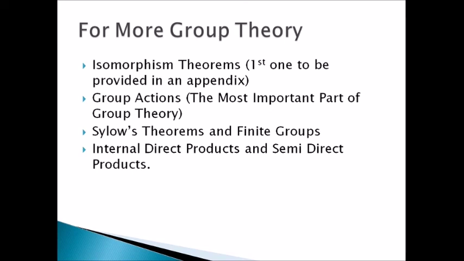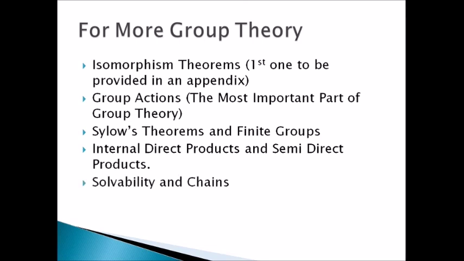Next come internal direct products and semi-direct products. We have done external direct products. There is something called internal direct products, that is, direct products of subgroups of a group. Go through it when it's defined, you can check it out. And a more important concept which comes after it is the semi-direct product. It is again related to the direct product, that is, a product of groups, or some larger group in which both the groups involved are packed inside. But it's very important, and it actually tells us a lot about classification and would help us in the study of finite groups.